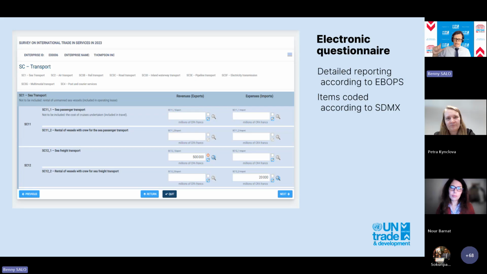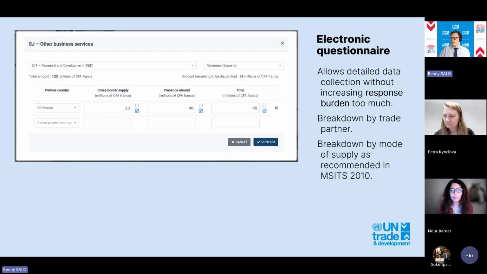classification on services, and use SDMX code, again, to make this as smooth and clear as possible, as well as following the classification. In many respects, TiSSTAT is a concrete implementation of the manual of international trade in services statistics that is published. We have a new version coming out hopefully next year. And this collaborative effort, we want to translate into something concrete that actually helps you go the last mile in actually compiling trade and service statistics.